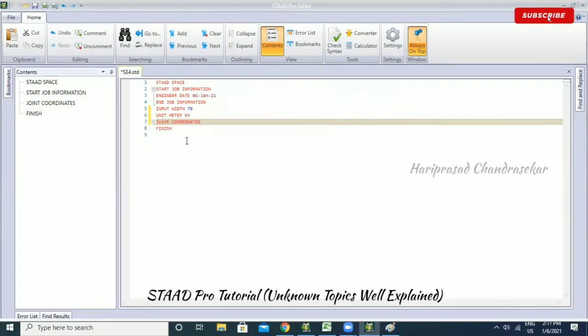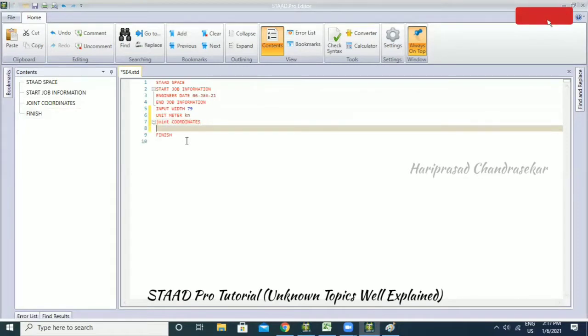So for joint coordinates, in the sense of creating nodes, you need to enter, and we are going to create a first node with x comma y comma z as 0 comma 0. In spite of having commas, we should consider space here. That's why it is telling start space. This program works on spaces. You need to have a space in between, so it will execute the command. So we are going to create a first node with x comma y comma z.